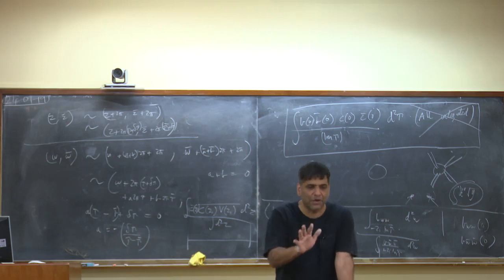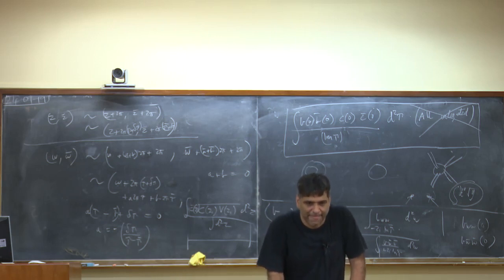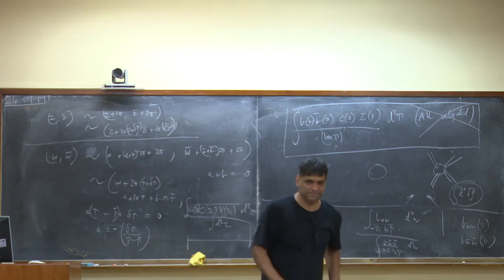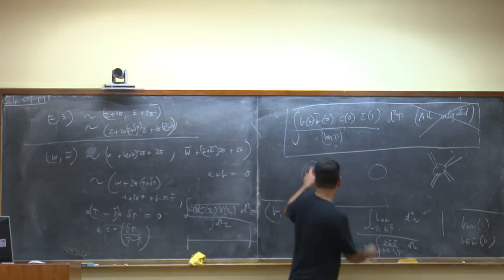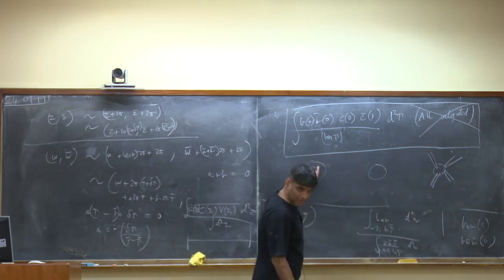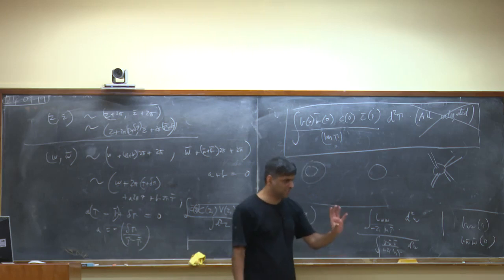The things that you cannot compute on the sphere are things that are not particularly well defined. The 0-point function is a bit unsatisfying. Let me think about that. On the other hand, this 0-point function in the case of the torus is extremely well defined. It's just the change in the vacuum energy due to